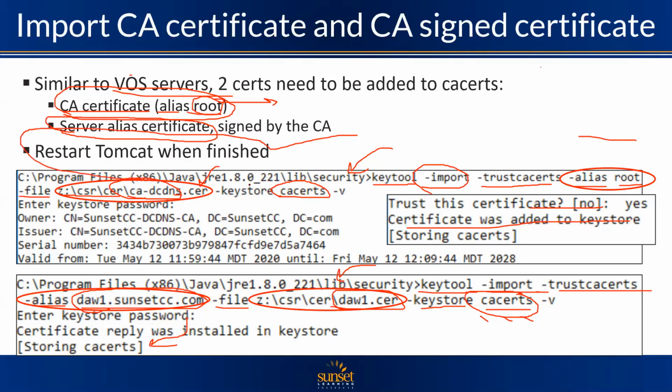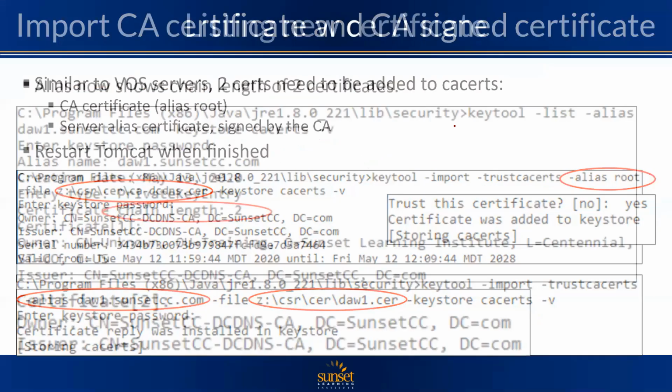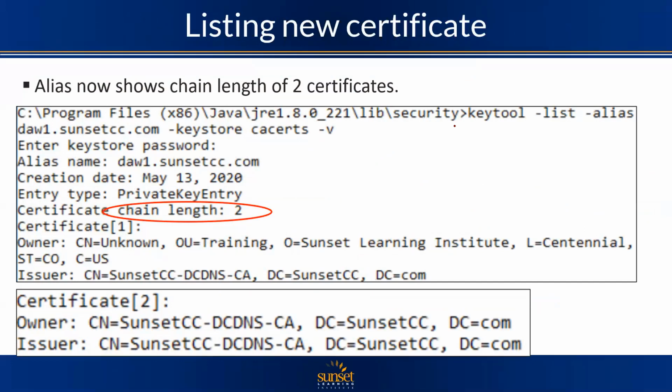So restart Tomcat when you're done with all this work. But wait, you might not be quite done yet, because there might be some other work you need to do. Actually, we're still here on the same server using the Keytool -list command. So Keytool -list with an alias of daw1, and so on, from the KeyStore CA